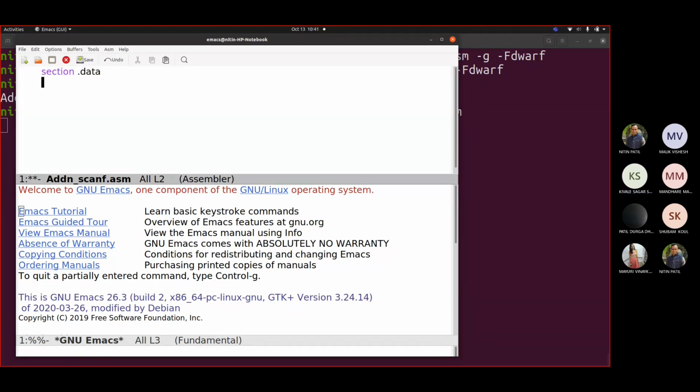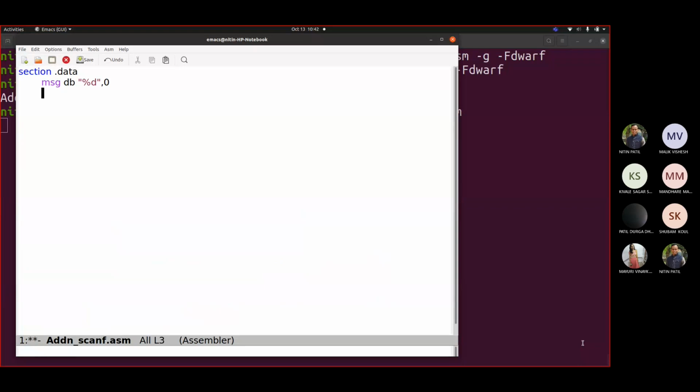Now we want to write a program where we wish to make use of scanf. So I want to read the input. Let us write. This MSG would be the one that we are going to use in the code. For scanf, always don't write anything in between. Most of the time while writing C code you write \n in scanf, and then it does not store the value you are inputting. That's the reason. So you write only this. This would be used for scanf.